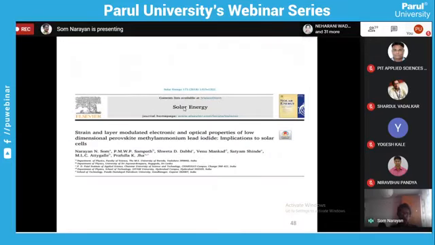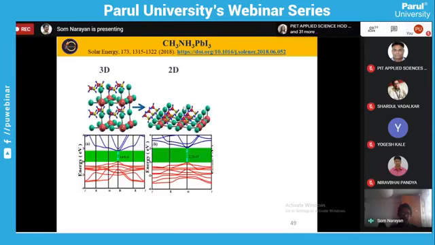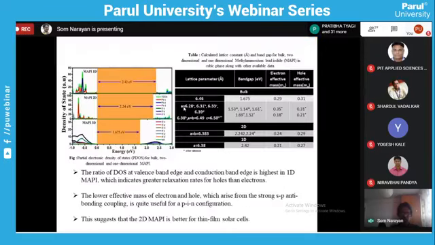At the last, there are perovskite materials, which are known for solar energy applications. We go for three different configurations: bulk, 2D and 1D. We found that the band gap is nearly 2 eV, so it can be used in solar cell devices, and the two-dimensional methyl ammonium lead iodide is used for solar cell application also. So we go for that,